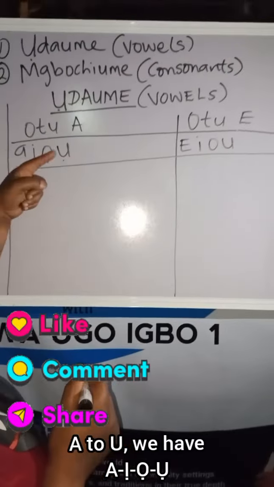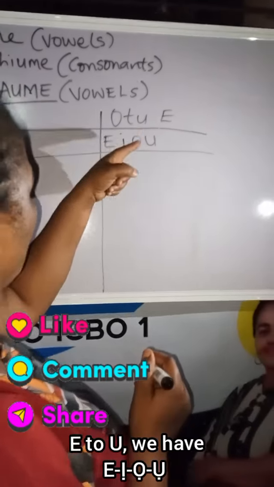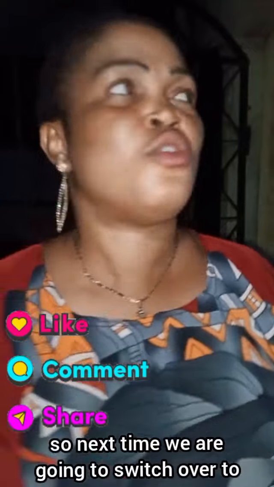Otu-A, we have A, E, O, U. Otu-E, we have E, I, O, U. So next time, we are going to switch over to Mgbochume, which is